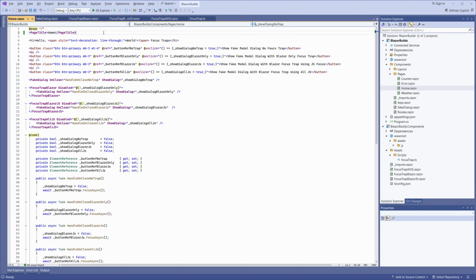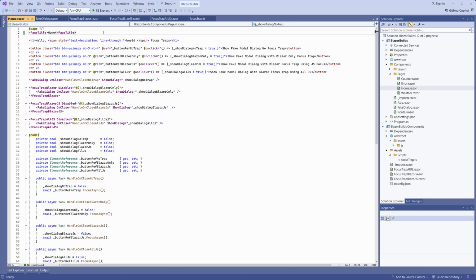I'm Paul and today is another brief, this time regarding the use of focus traps in our Blazor applications. First of all, what is a focus trap and why should we use one? Quite simply, it's a web accessibility technique designed to capture keyboard navigation of focusable elements and to confine this navigation